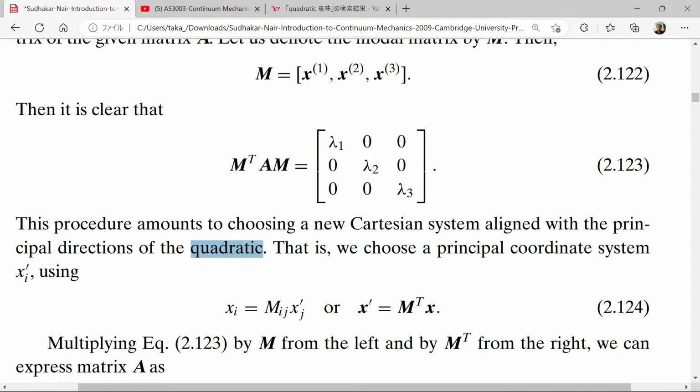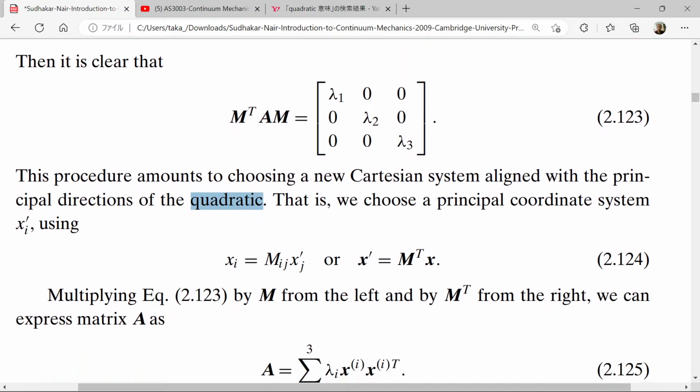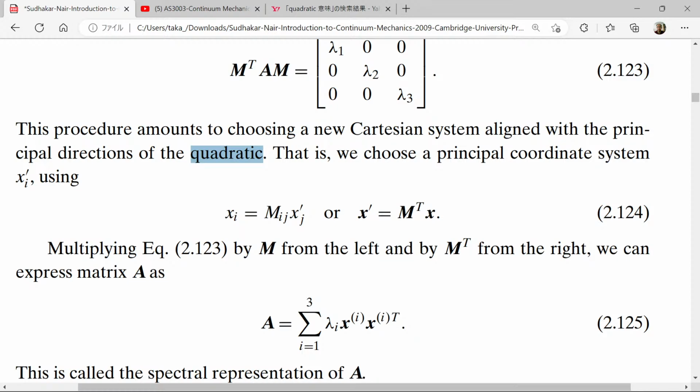Multiplying equation 2.1.23 by M from the left and by M transpose from the right, we can express matrix A as